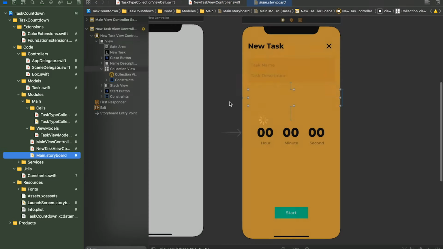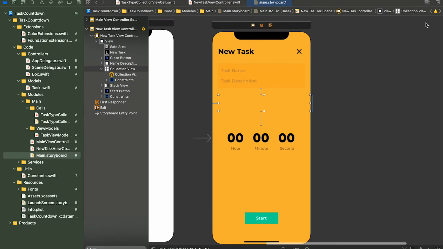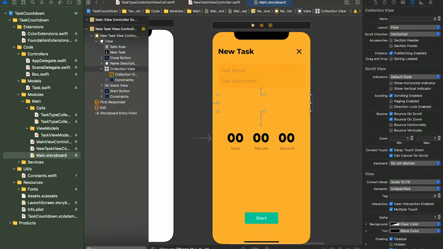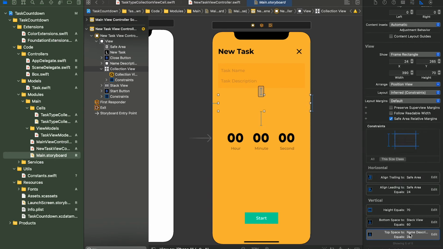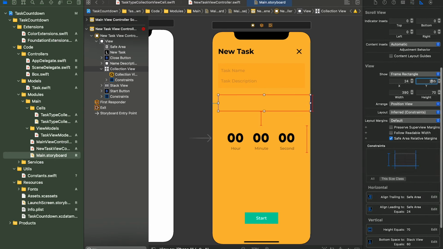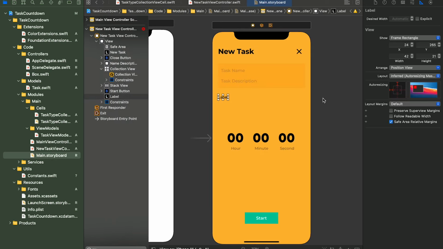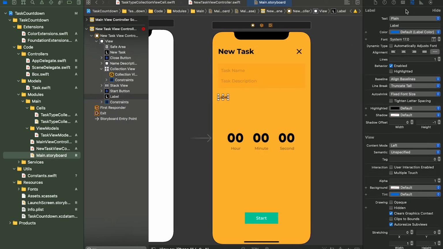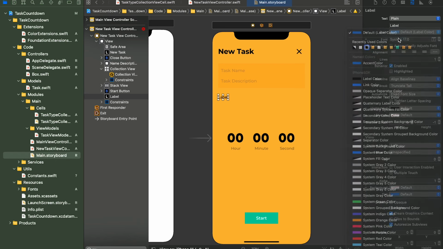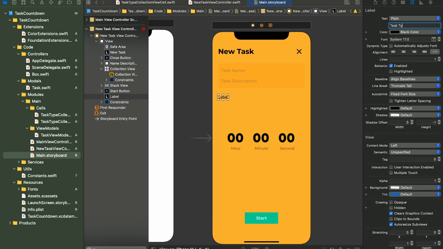Let's add the task type label in the storyboard. First we'll select the collection view and remove the top constraint. Then we'll shift the collection view downwards by incrementing the y-axis. And then we'll add a label above it. Set the text color. Rename it.